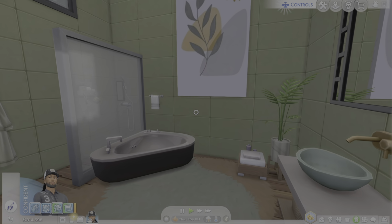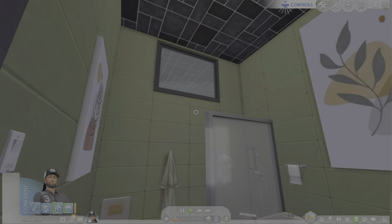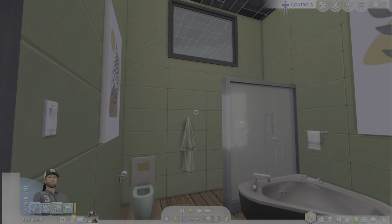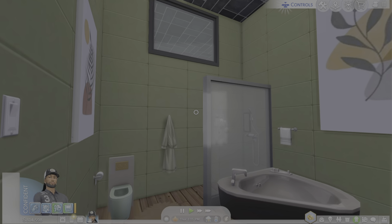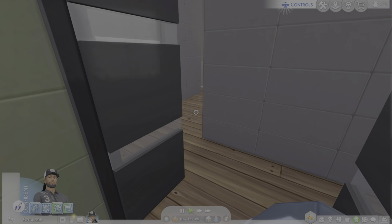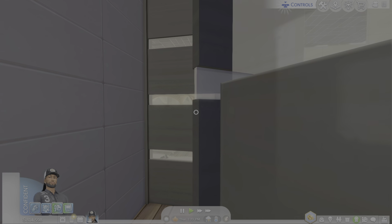Then down this little hall is the bathroom, another upstairs bathroom. This is for everybody, really, pretty much. Yeah, all my bathrooms kind of look similar. They just have different colors, as you notice. Real simple, really, really simple. And then over here,